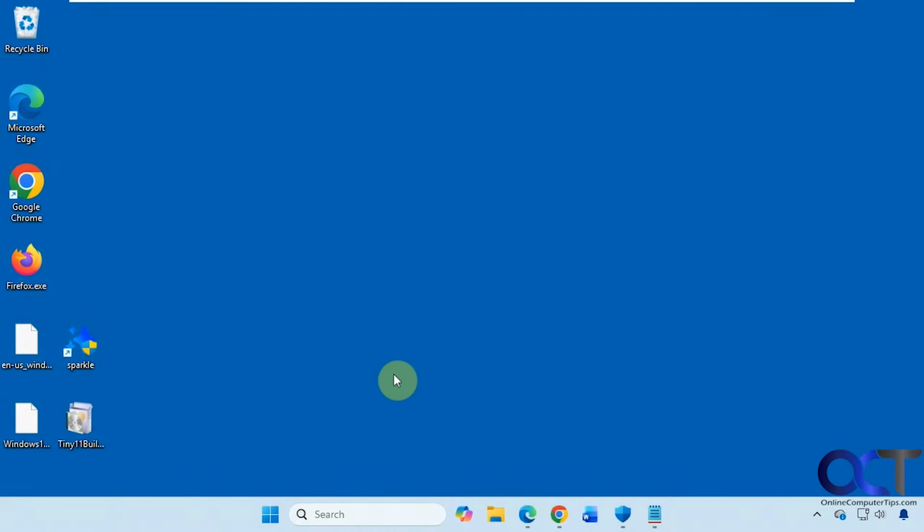Hi, in this video we're going to show you how to quickly debloat your computer using Sparkle from the command line via PowerShell. So we recently did a video on the whole Sparkle app itself and went through all the tools and everything you could do with it. But if you just want to run the debloater tool, you could do so without having to download and install